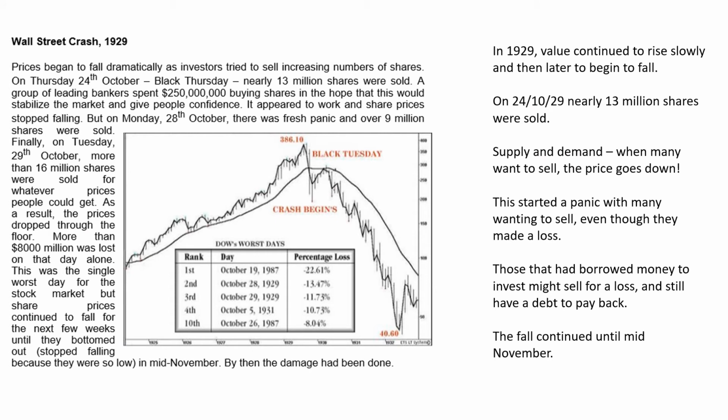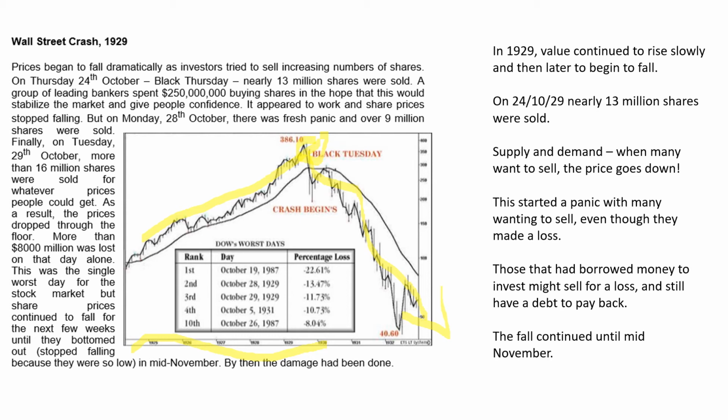Go forward to 1929, prices began to fall dramatically as the investors tried to sell increasing numbers of shares. So look, here you can see the prices have been going up for several years. The prices have been going up, and then suddenly in 1929, the Wall Street crash happens, and the prices go down very quickly. On Thursday, the 24th of October, 1929, which is called Black Thursday, nearly 13 million shares were